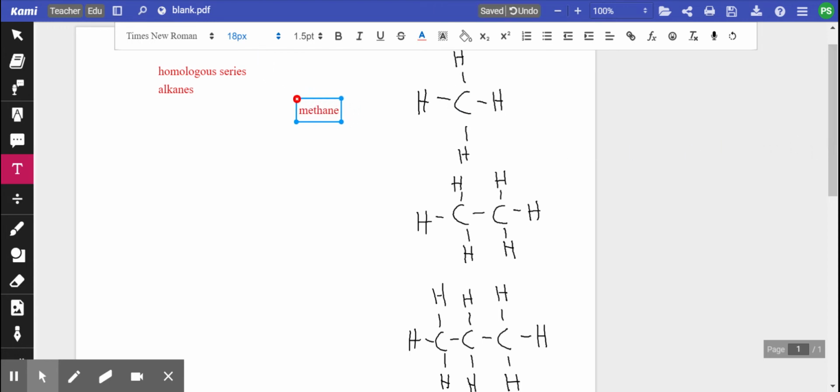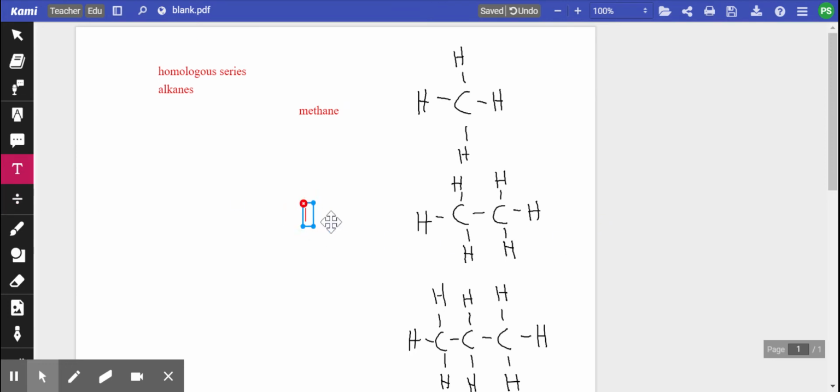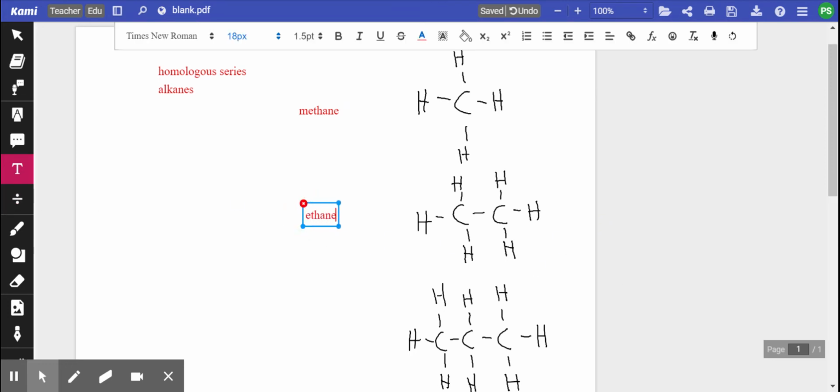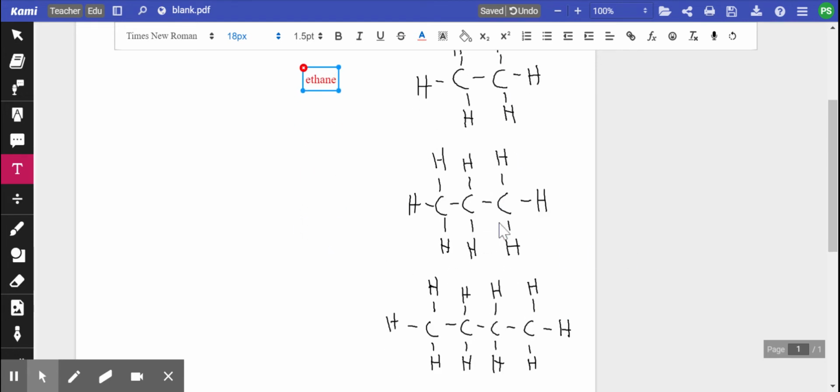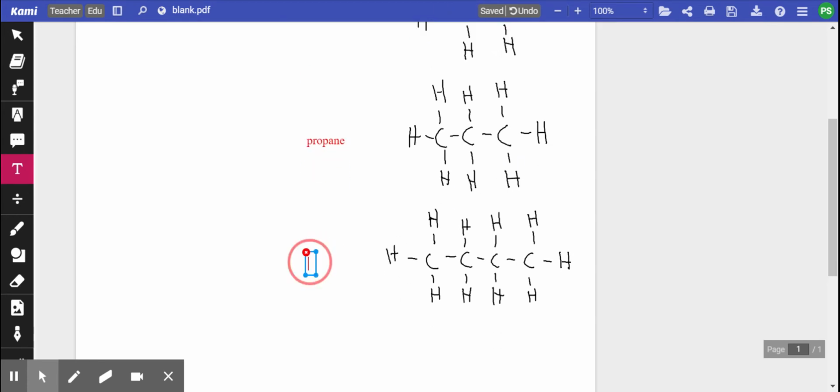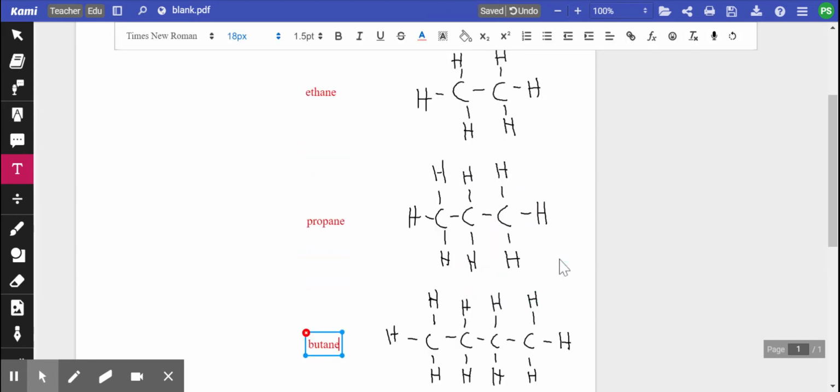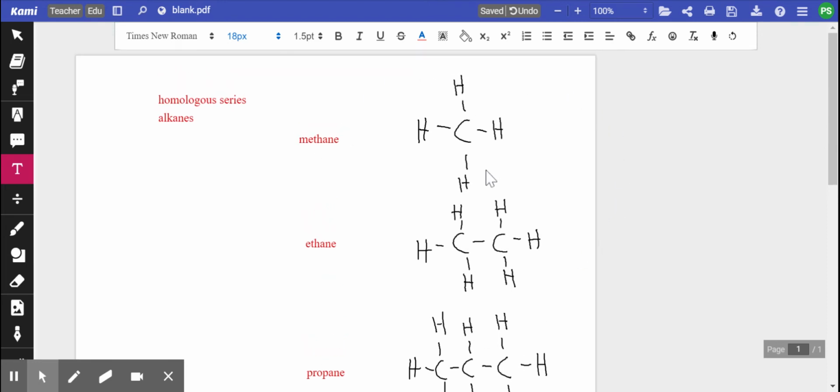Okay? Now, if it's another series or another functional group, the ending of the word changes. However, the beginning stays the same if you have one carbon, so meth. And the second one, when you have two carbons, we call that ethane. Three carbons is propane, and four carbons is butane. Okay? Now, these compounds have similar chemical properties, as we said, and as you can see, they also share the